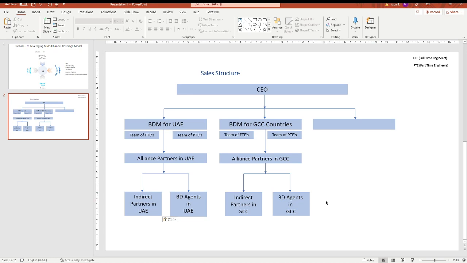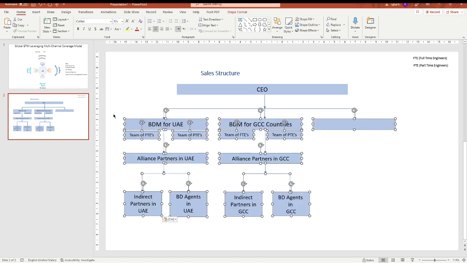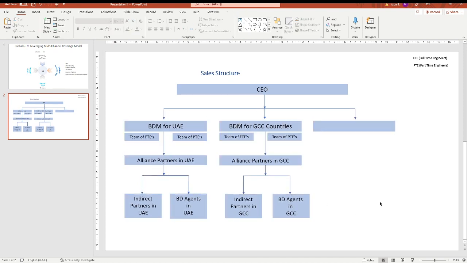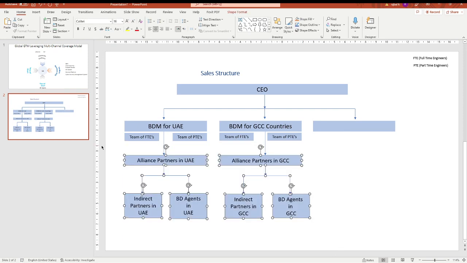But for the partners, you have to decide. If you have minimum sales targets, probably you don't have to chase a lot. But if you have an open agreement with them, where you do not have a minimum order quantity or minimum sales, then you probably have to review with them every now and then to see how things are moving on. This was a very straightforward and very small structure.